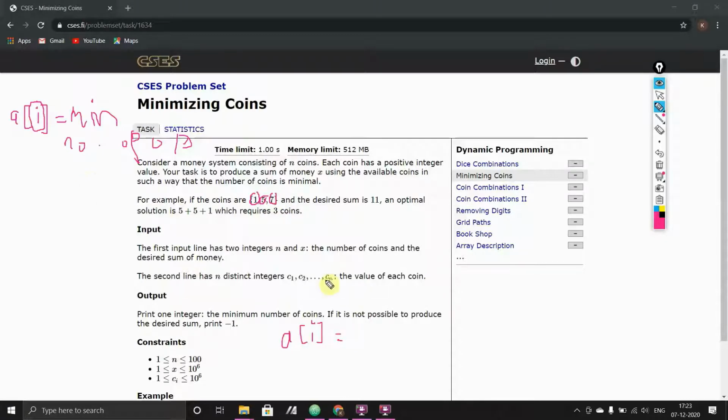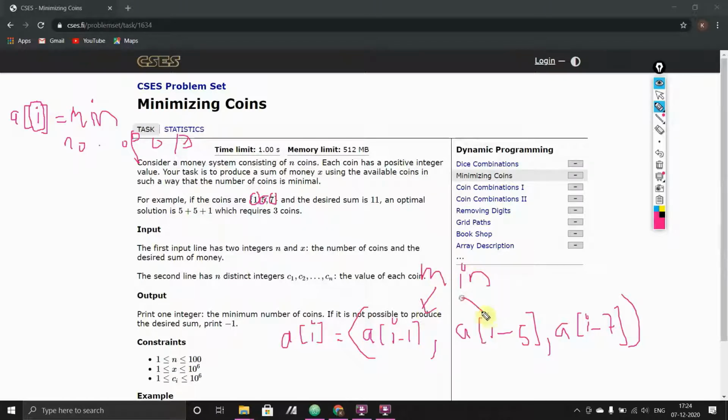Each time I will subtract this from I. That means one time it will be a of I minus 1, the other time a of I minus 5, and the last time a of I minus 7. That means I took the first operation, and the first operation was me picking either 1, 5 or 7, and from this subset I will choose the minimum value.